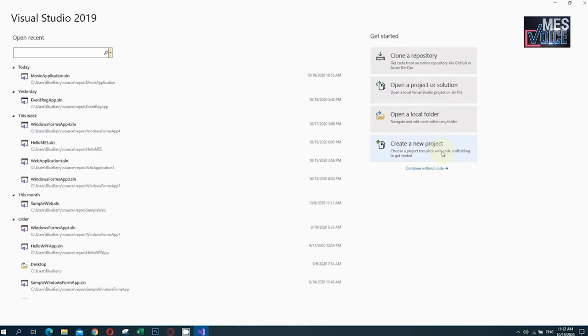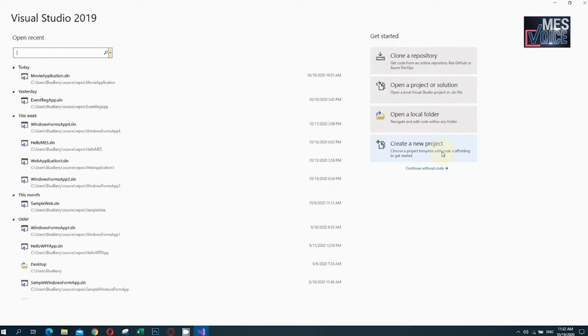We are going to initially create a project, and after that create the database. Then we will create a database model. Then we will create an MVC controller, and after that we will create an MVC view. In this session we are going to do the first three things: creating an MVC application project, then creating a database, and after that creating a database model.